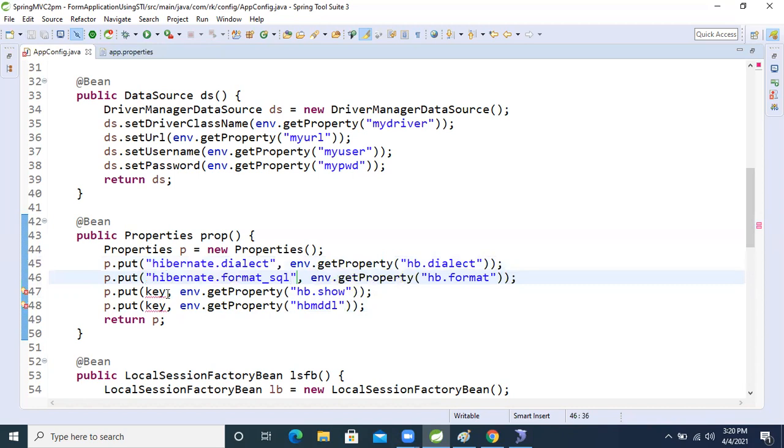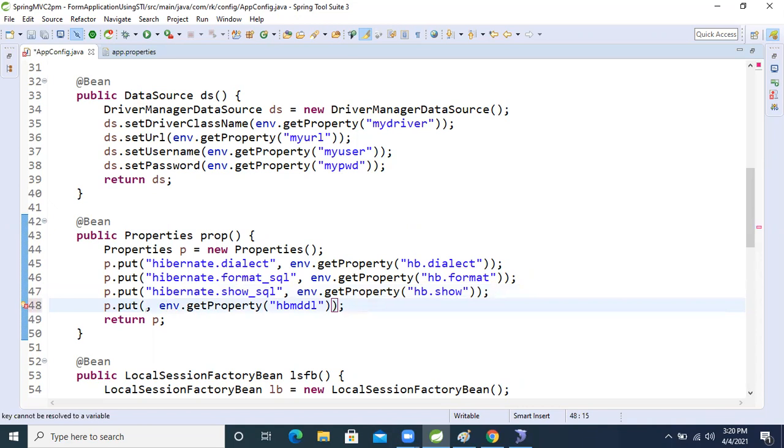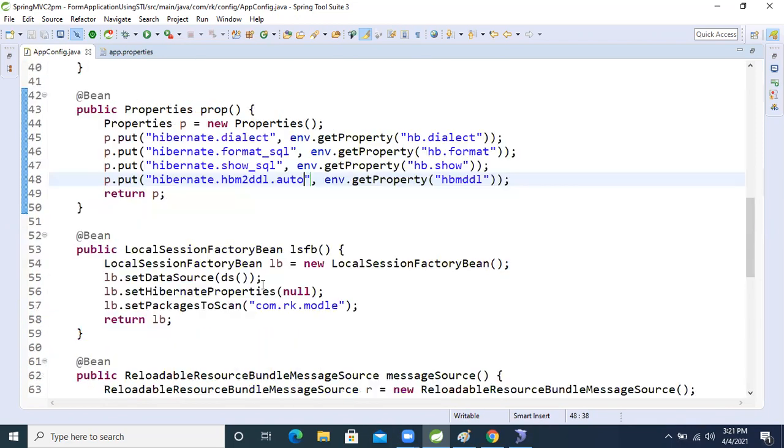Another one, hibernate.show_sql. And here, hibernate.hbm2ddl.auto. The properties are prepared now.